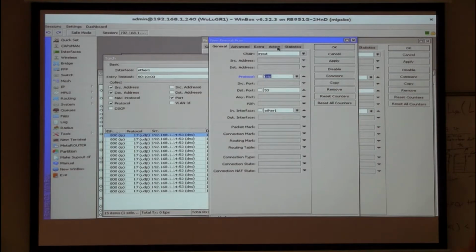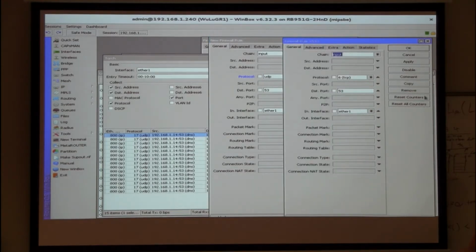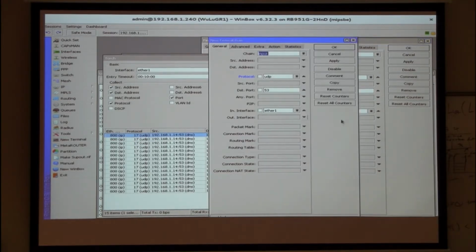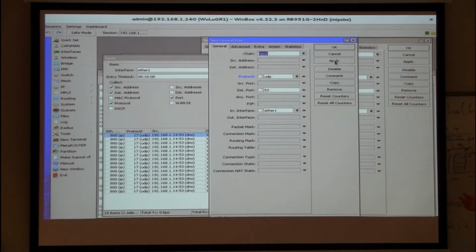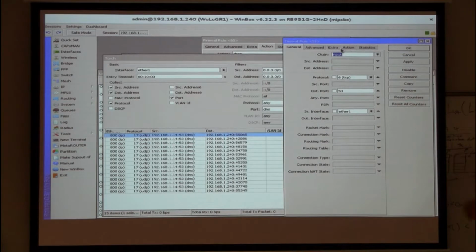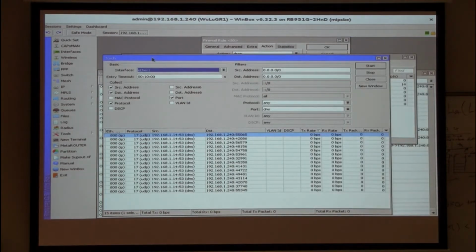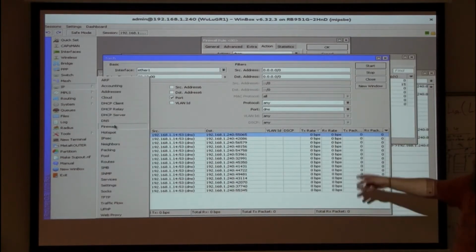So we'll add a UDP rule. You'll notice I just hit copy over here. It makes it really easy if you're doing similar rules to just copy one. It creates a brand new rule with everything this one had, and you can just tweak it and modify it however you're dealing with it. Since our rule is the same, we just changed TCP to UDP. That made copying really easy. Okay. All right, so now let's